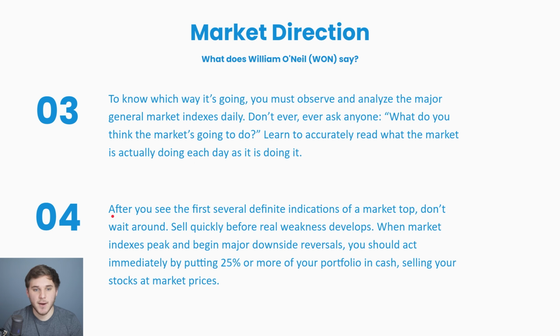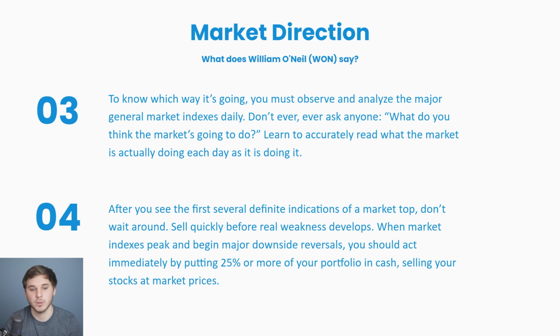And number 4, he said, after you see the first several definite indications of a market top, don't wait around. Sell quickly before real weakness develops. When market indexes peak and begin major downside reversals, you should act immediately by putting 25% or more of your portfolio in cash, selling your stocks at market prices. And to add on to this, when there is market turbulence, you want to be selling your weakest holdings first and trying to hold on to your core positions